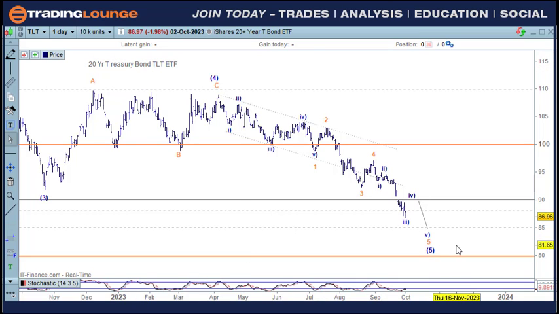the 20-year iShares TLT bonds here still need to come down further. Now, I had a little bit of confusion about this little area up here, in that, well, that's actually the high here, and could we look at this as down for one and back for two, and down for one and back for two, or could we put wave C over here as an A and a B, an A and a B and a C over here, and have this as wave one?